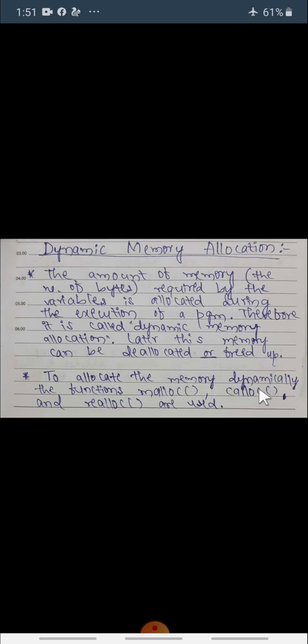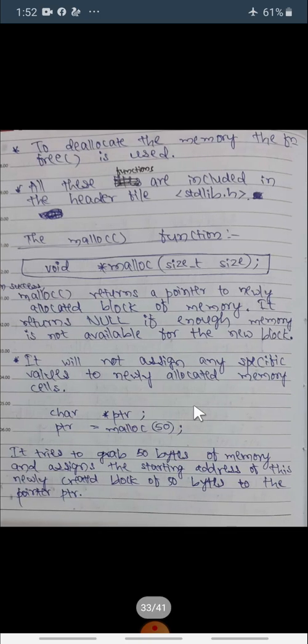To allocate the memory dynamically, the functions we can use in our programs are malloc, that is memory allocation, calloc, and realloc. To deallocate the memory, the function is the free function.